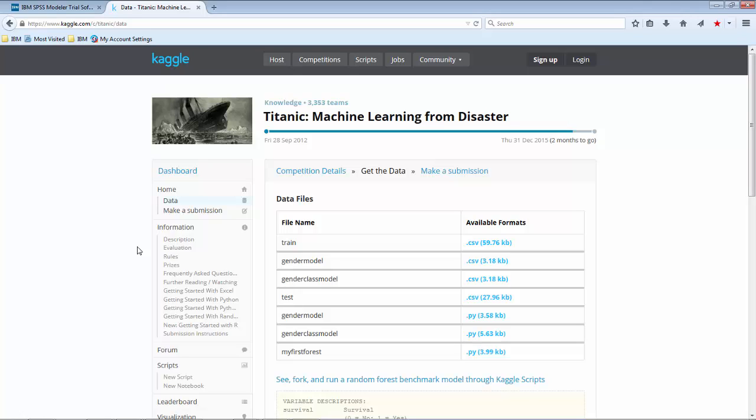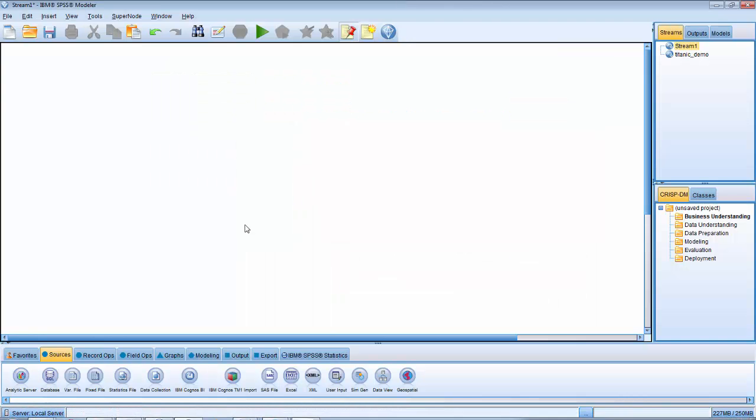So you can just come out here. It's 2 CSV files that you need to download. So you want to get the train CSV and the test CSV. So just download those files to wherever you usually work out of, and then we'll be ready to move forward. So once you have those downloaded, you're going to want to go back to SPSS Modeler,